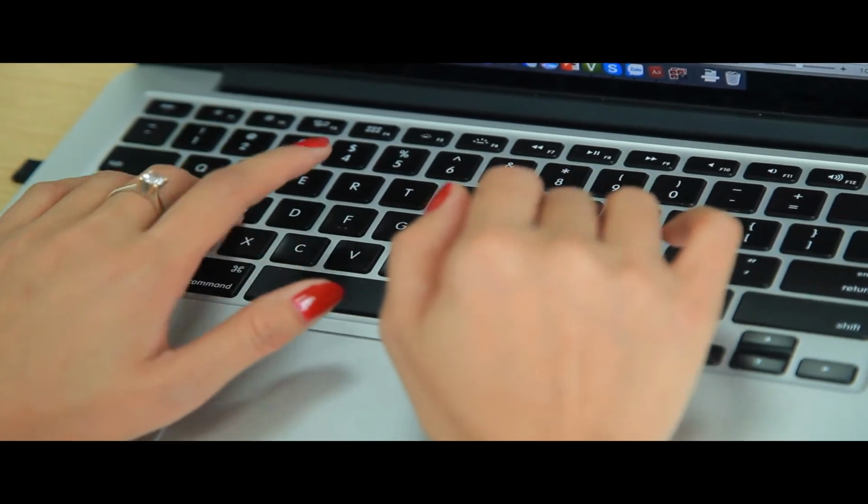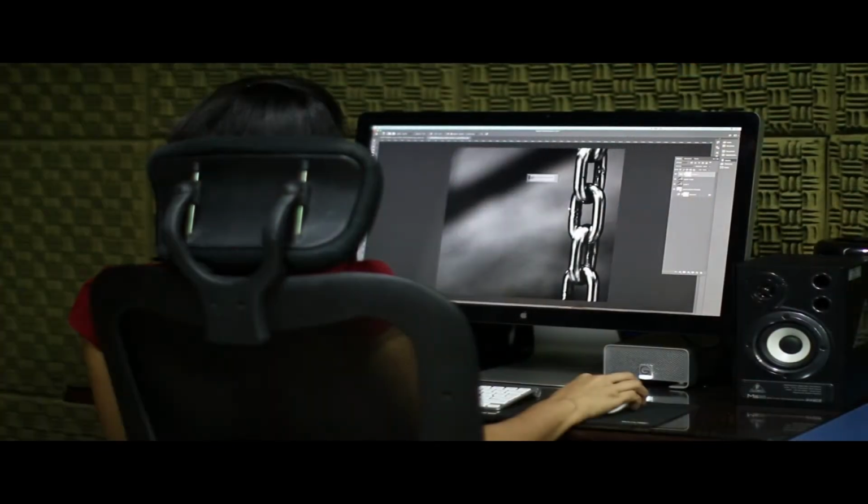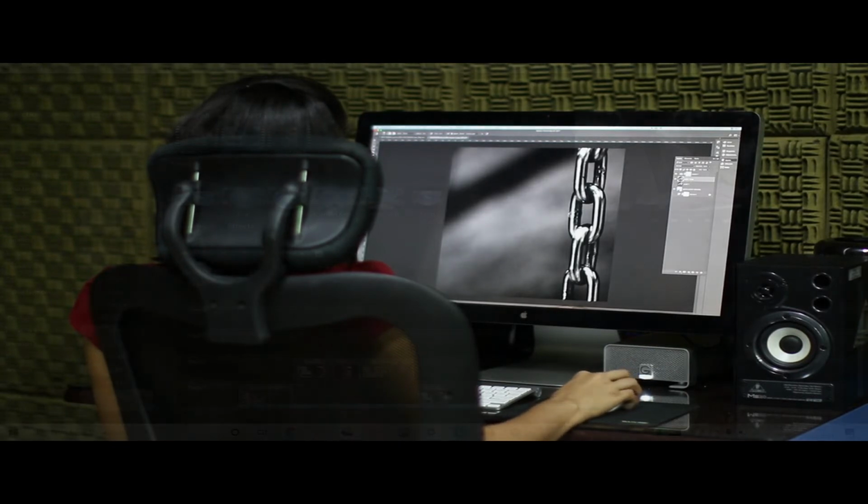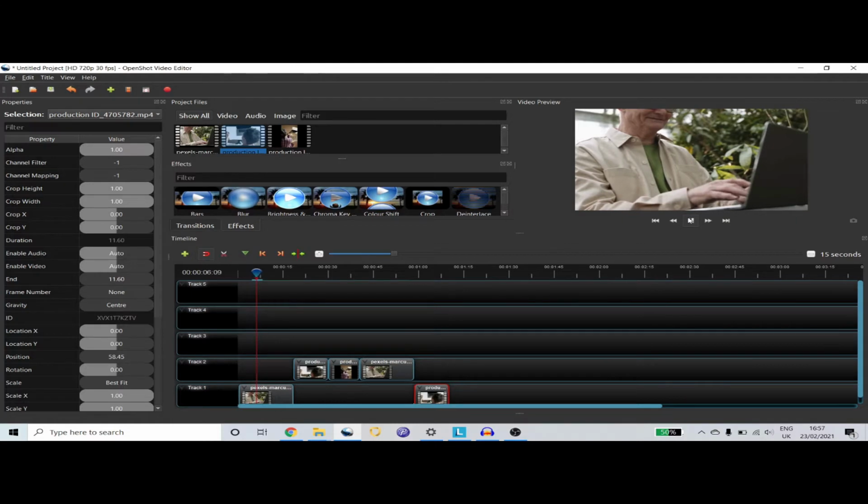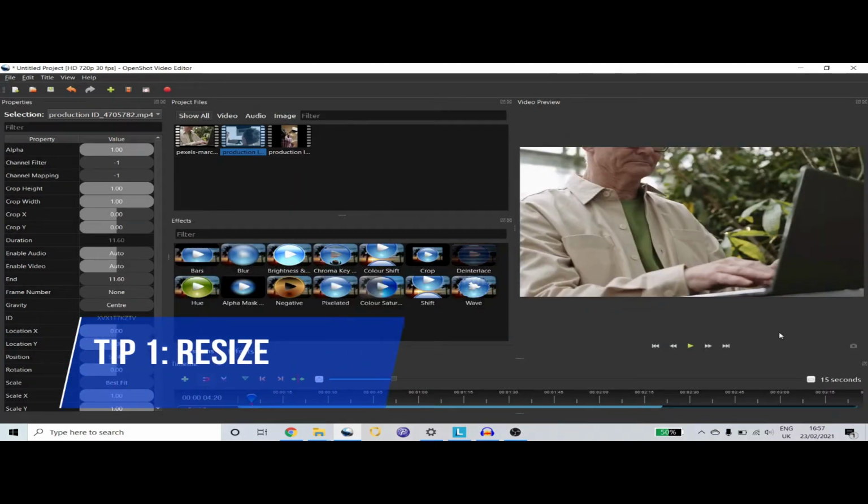This video will give you 5 easy to apply solutions to improve performance and remove that dreaded lag. Stay tuned to the end as the last 2 tips could really help reduce the time it takes to export your video files too. To start off our top 5, the first tip is going to be a really simple